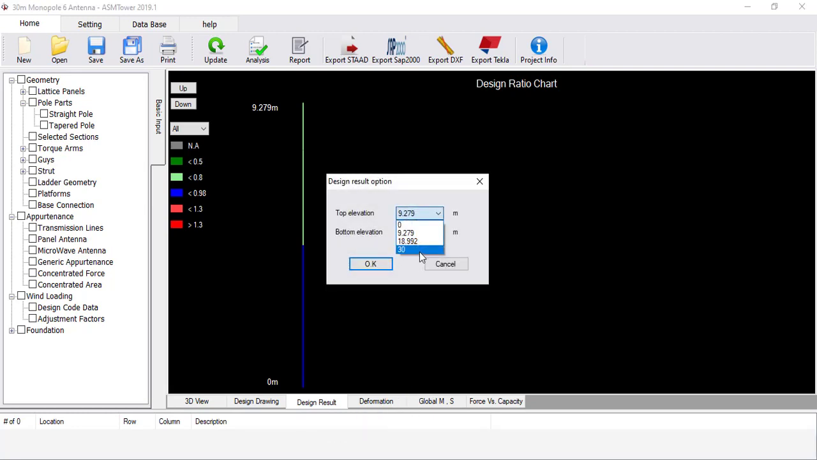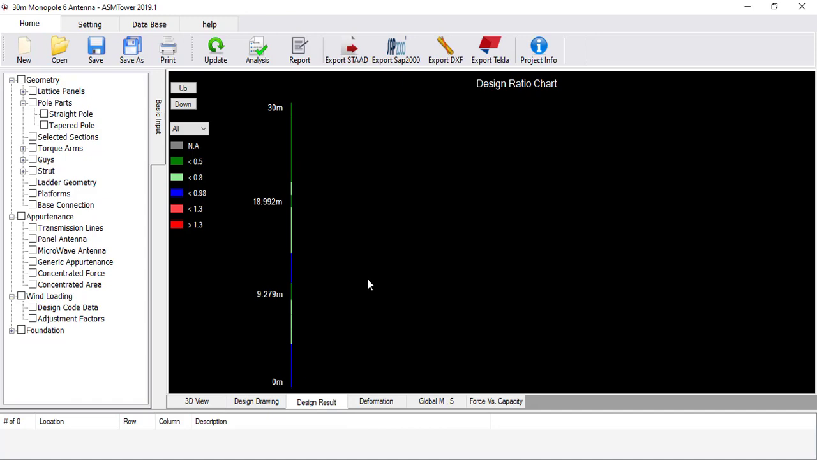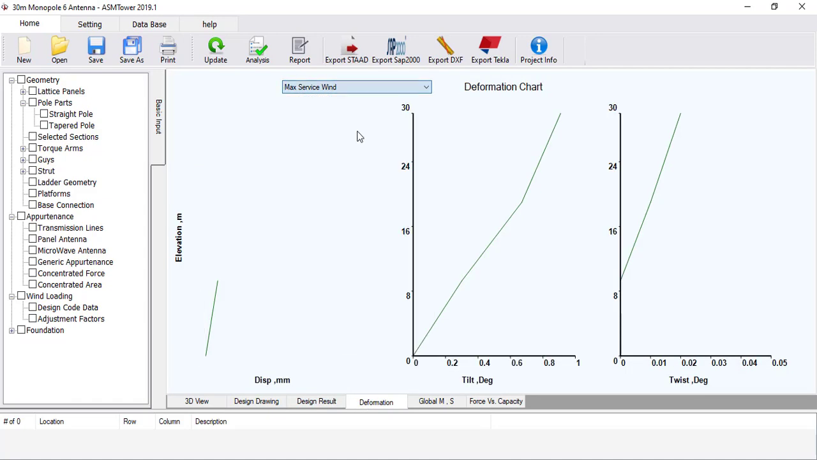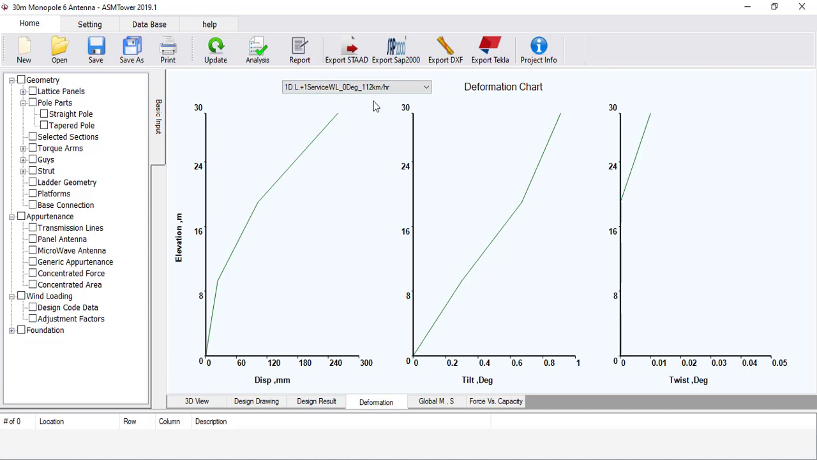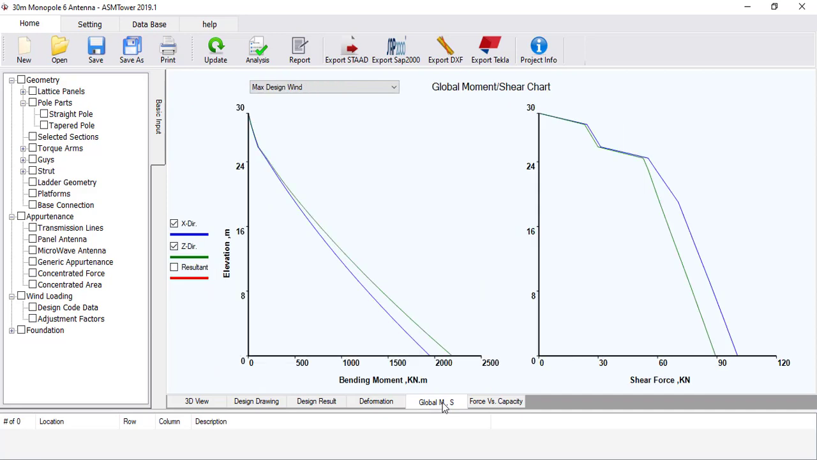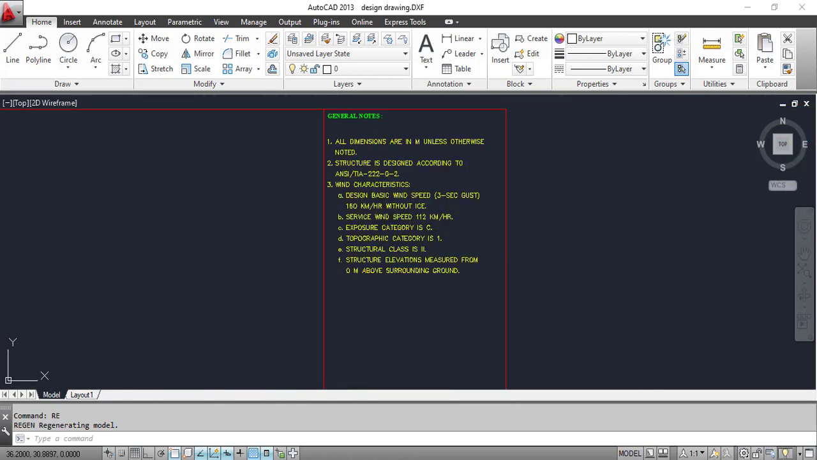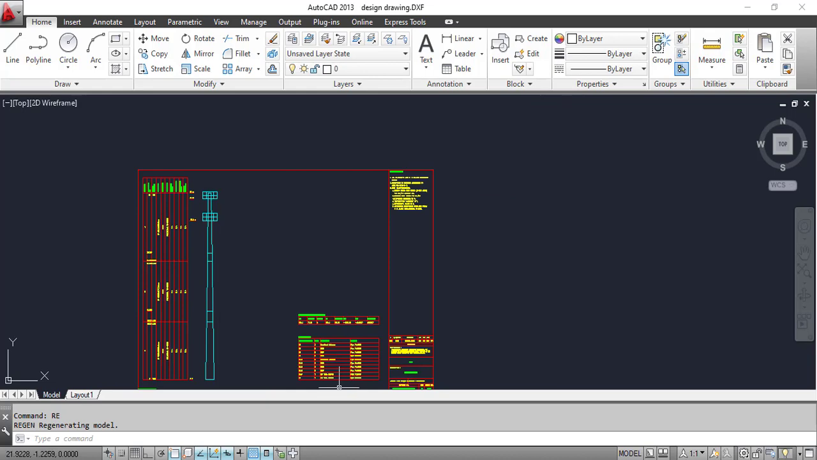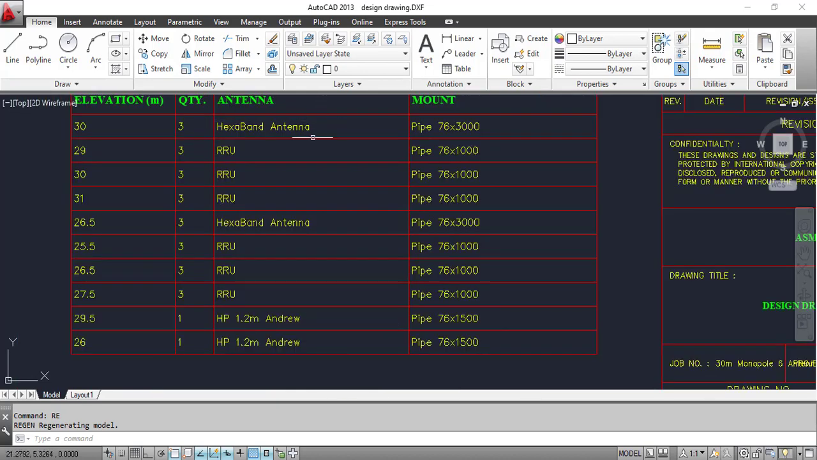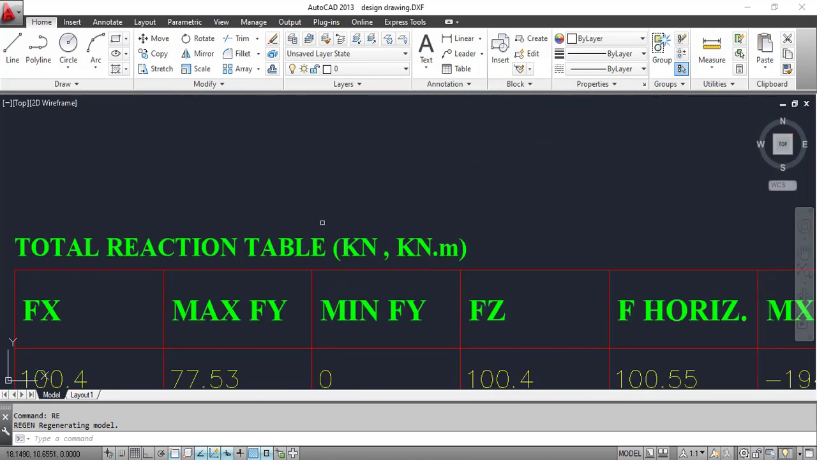Until it opens, check out the other charts. Deformation graph for the monopole under any load combination. Global moment graphs. Now the CAD software opens. The drawing includes a monopole geometry. It includes design notes, antenna table, reaction table,